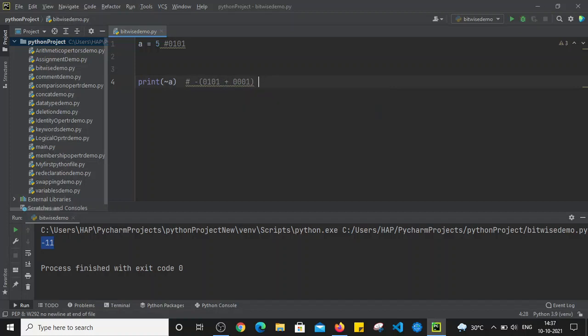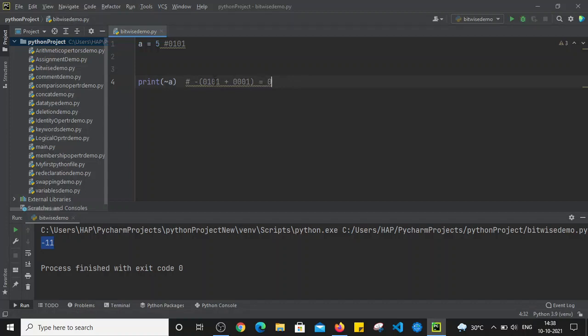In binary, addition is done like this: the last bit is 1, and this is also 1. In binary, 1 plus 1 is always 10. We take 0, and 1 goes to the carry section, so 1 will be carried.